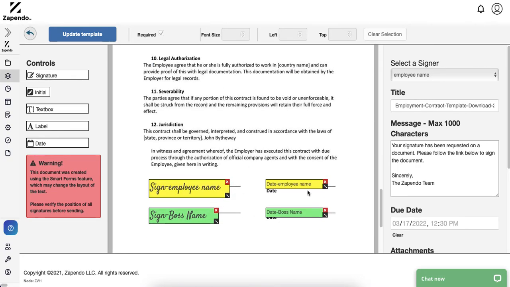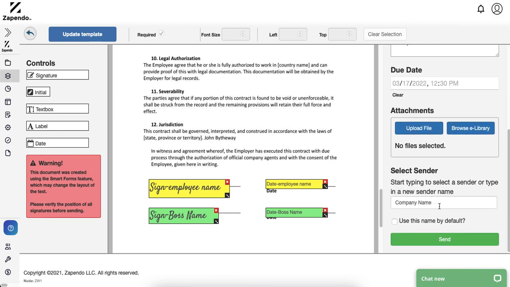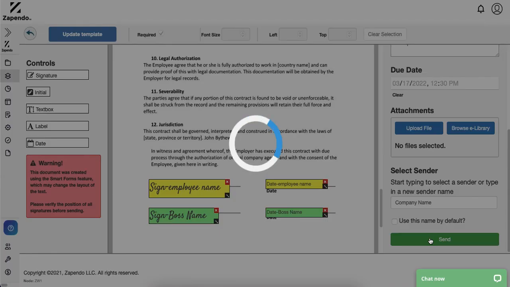Now, perfect. We're not going to change any fields. This is all good. Our message stayed the same. Our company name stayed the same. We're now ready to send this. Once you hit send, the employee will receive the email invite